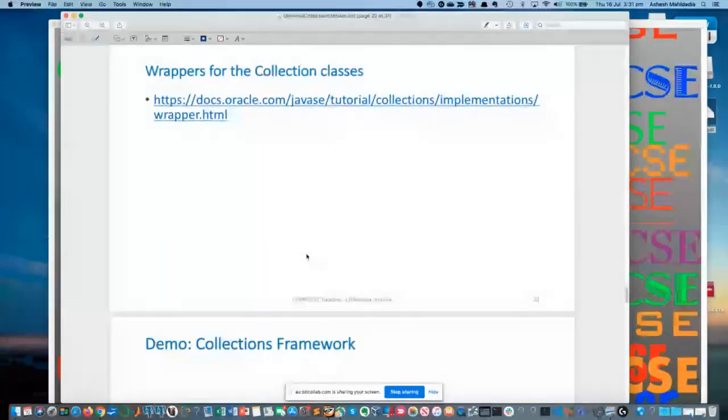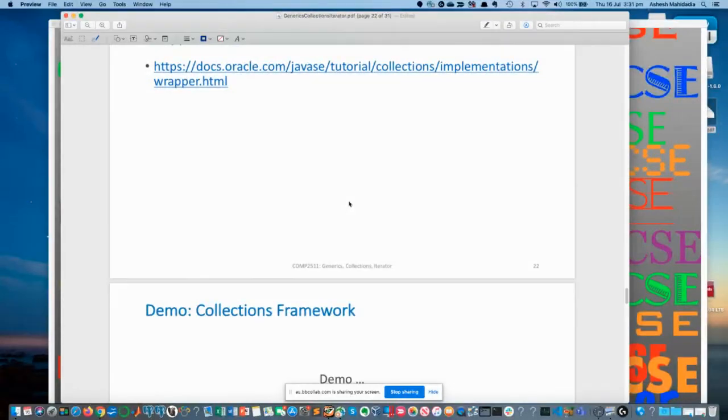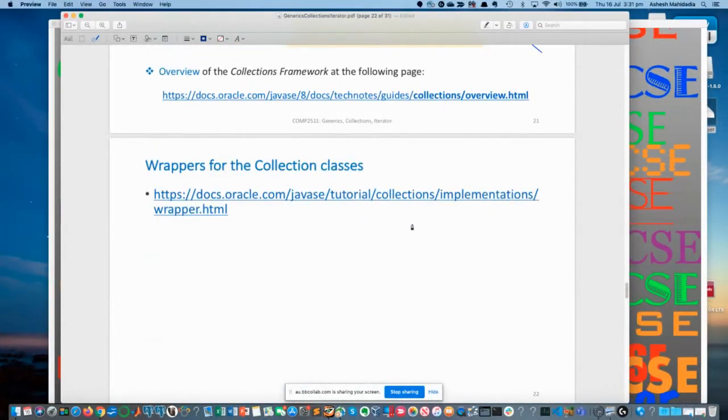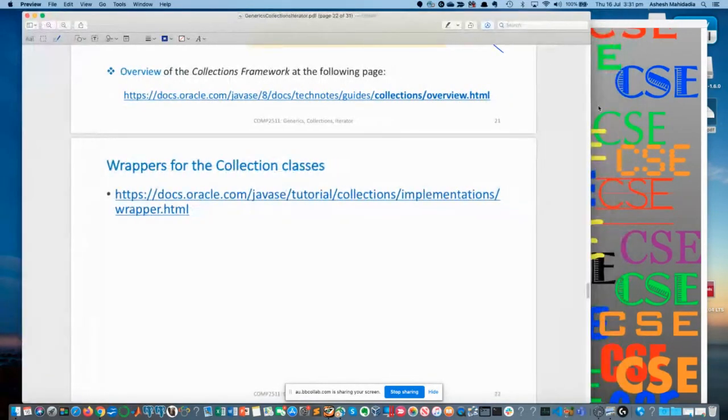Now, before I go to the example here, I want to show you that the important thing about these collections is that I have a collection, and how do I carry out certain operations on that collection, and how can I achieve the required flexibility. So our focus is going to be on